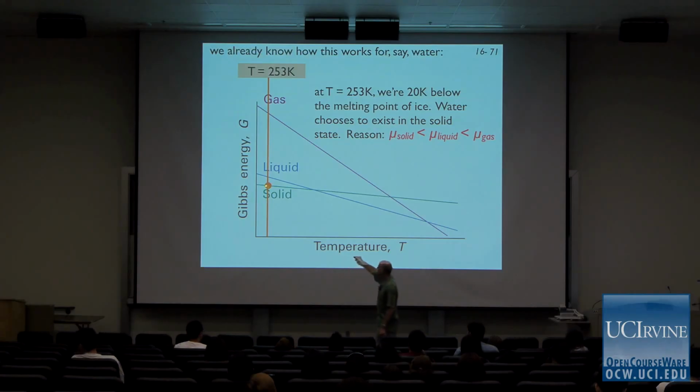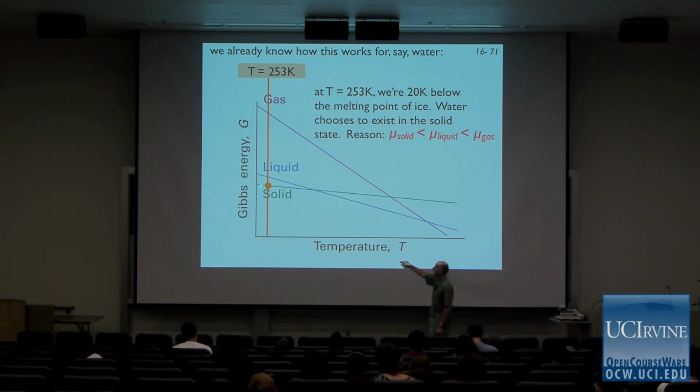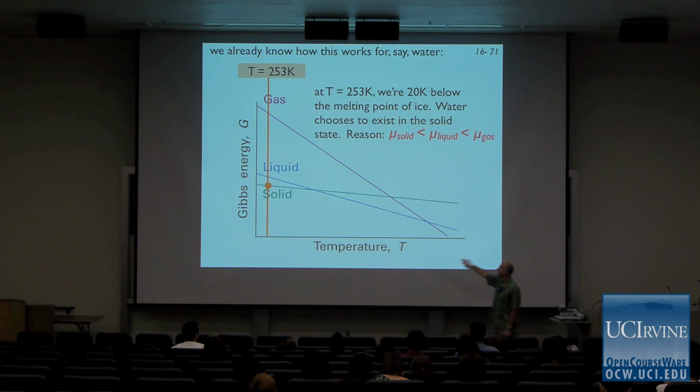Okay, the chemical potential of liquid water is actually equal to its Gibbs energy, and it's lowest for the solid at a temperature that is below the melting point of ice. So at 253 degrees Kelvin, we're 20 degrees below the melting point of ice. Water chooses to exist in a solid state, and the reason is that the chemical potential of the solid is less than the chemical potential of the liquid or the gas. That's why, from a thermodynamic standpoint, water is ice at temperatures below